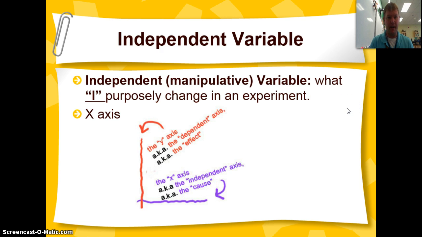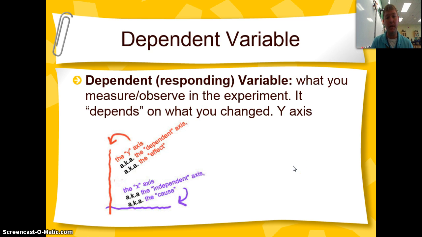Well, let's talk about the independent variable. Independent or manipulative variable is what I purposely change, and this is the clue. The I in independent reminds you of the I purposely change it. It's the one thing that I purposely change in an experiment each time. It always goes on the x-axis, and this is the x-axis down here. It is the horizontal axis. Think of it as the cause, all right? Because I changed something in the experiment,